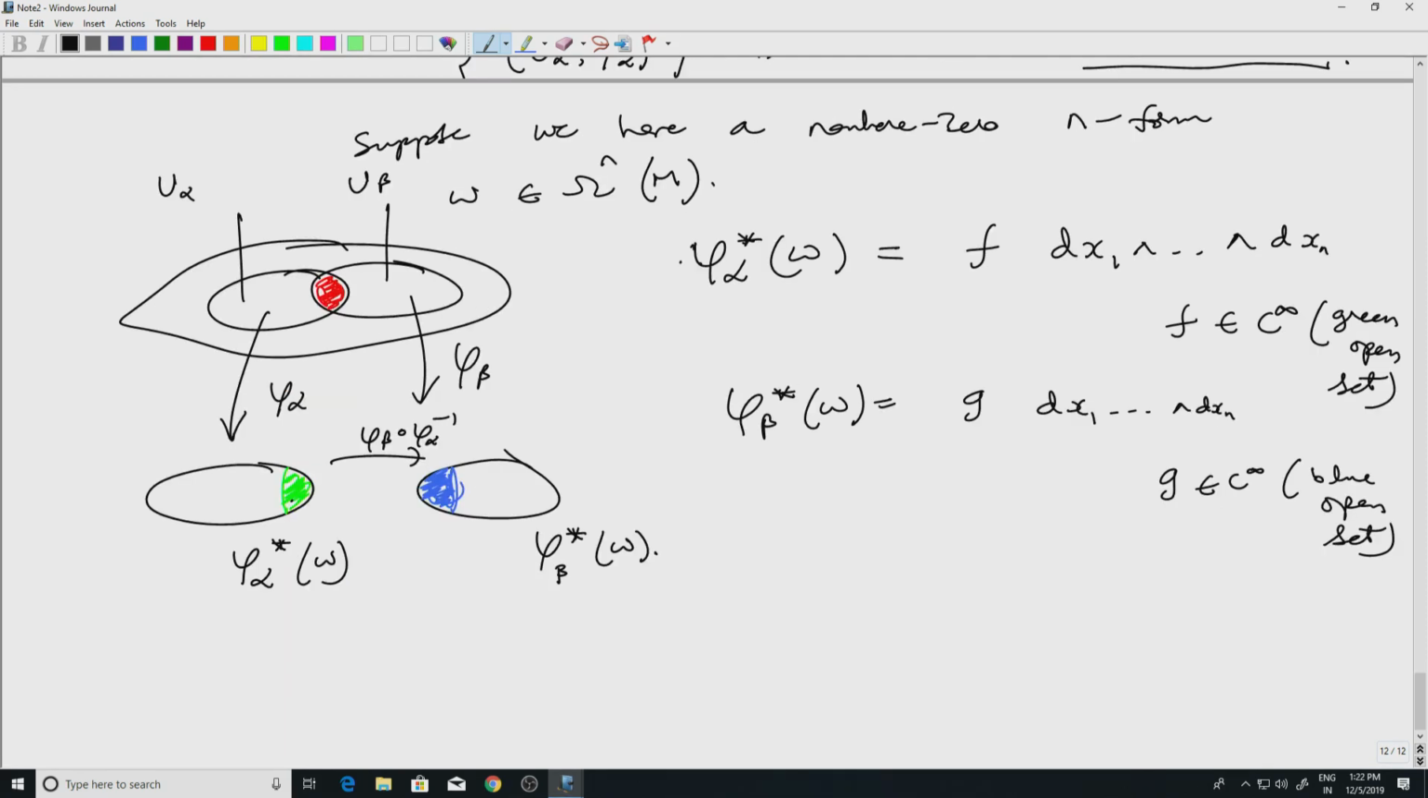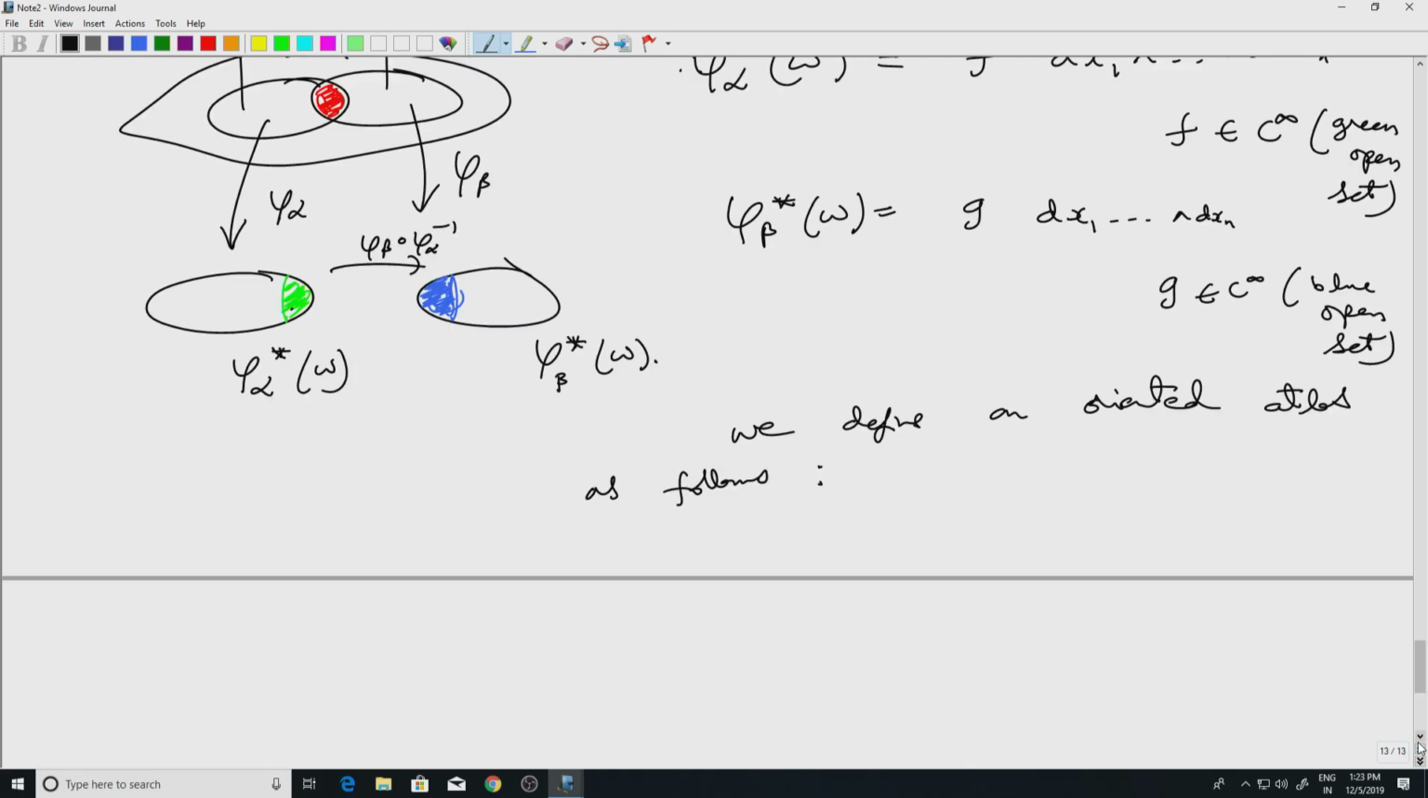Now what I'll do is I'll look at, suppose we define an oriented atlas by, it's a collection of all charts (U alpha, phi alpha) such that when I pull back this omega, I'll get this thing here